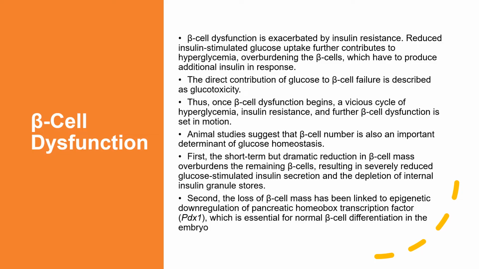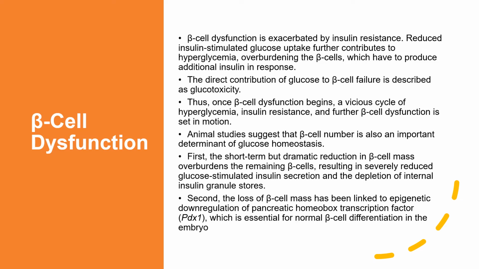Beta cell dysfunction is exacerbated by insulin resistance. Reduced insulin-stimulated glucose uptake further contributes to hyperglycemia, overburdening the beta cells, which have to produce additional insulin in response. The direct contribution of glucose to beta cell failure is described as glucotoxicity. Thus, once beta cell dysfunction begins, a vicious cycle of hyperglycemia, insulin resistance, and further beta cell dysfunction is set